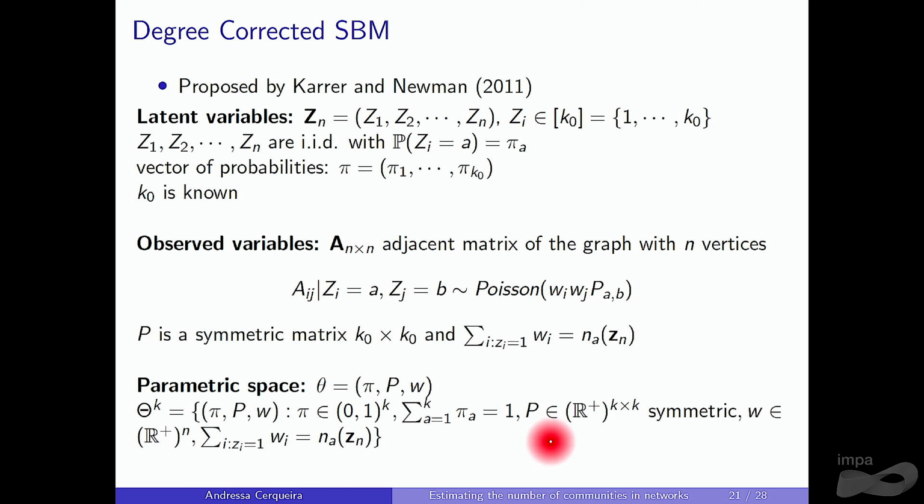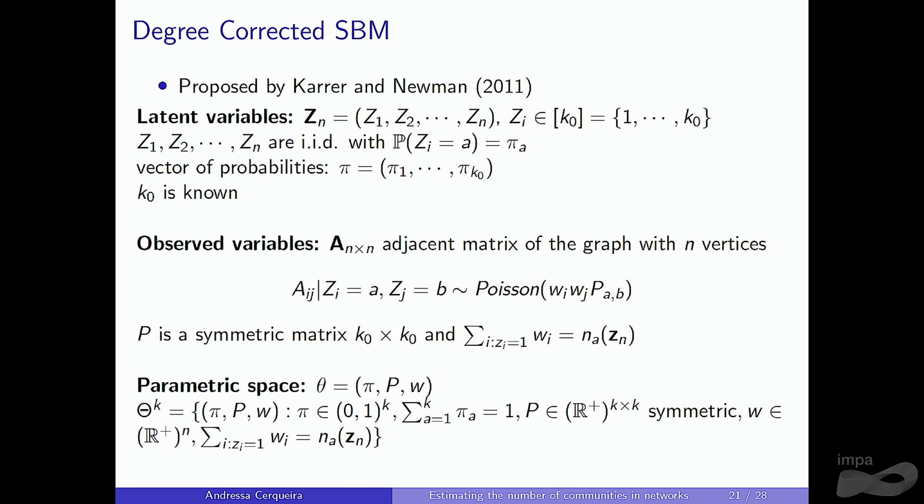Let me see if they're correct here. Okay. So now P, I just use the same letter, but the entries of P are not in {0, 1}. This is just the mean of the Poisson. Right? So when we look